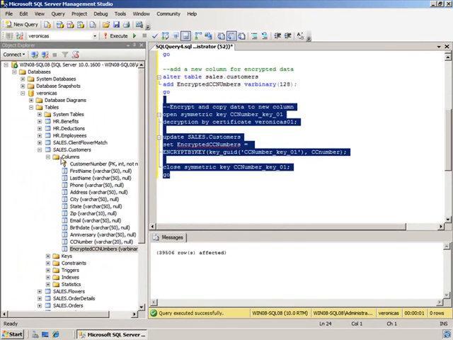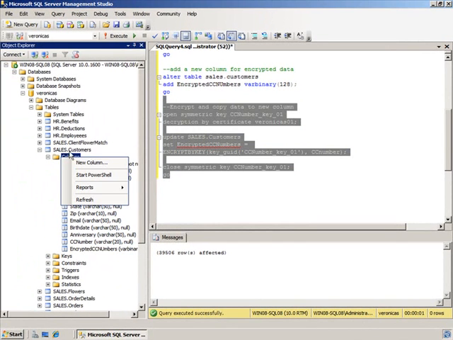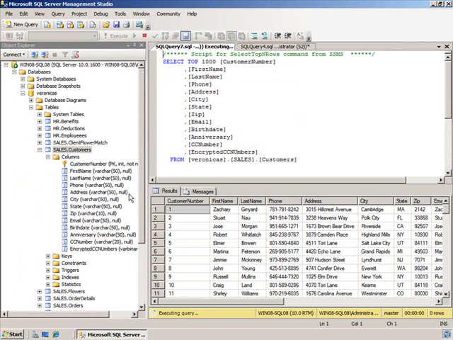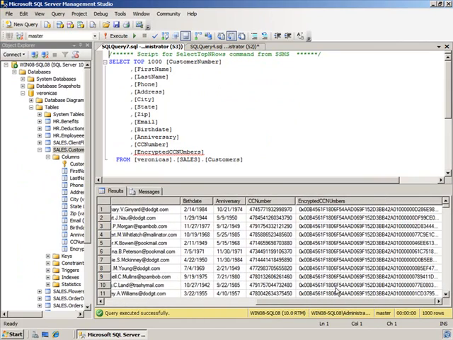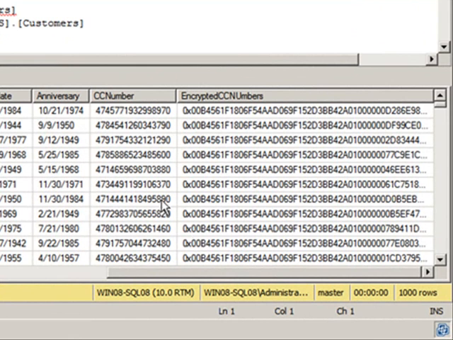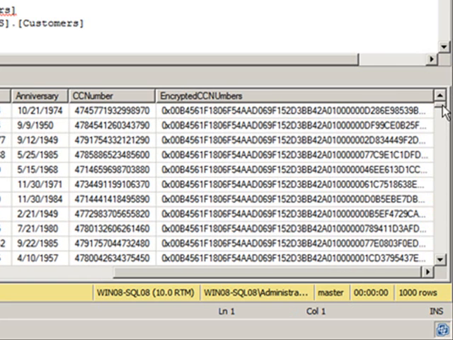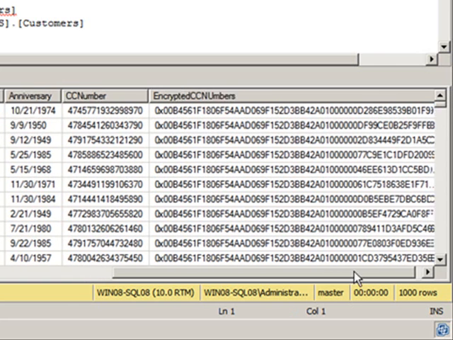39,506 rows affected. Let's see some data. If I right click on the customers, let's go back to top 1,000 rows again. Shrink that, scroll to the right, and I see my two new columns with my before and after. Pretty sweet. You can't see all of this one because it's a huge, ugly 128-bit encrypted value, which is exactly